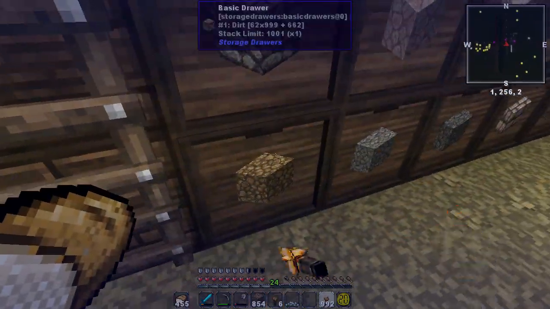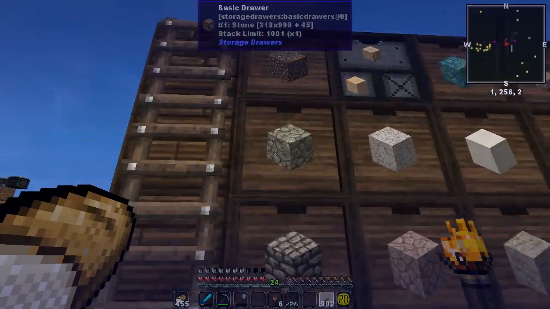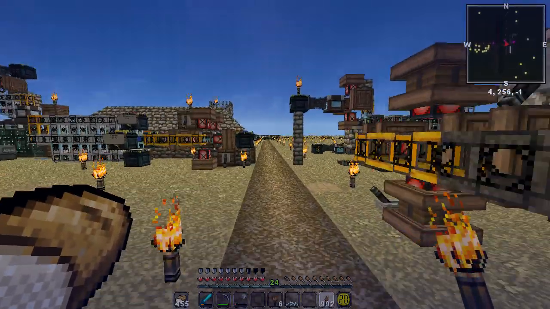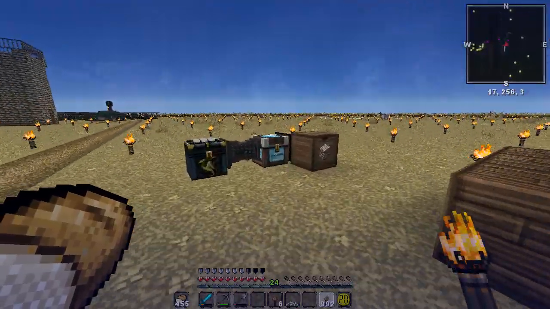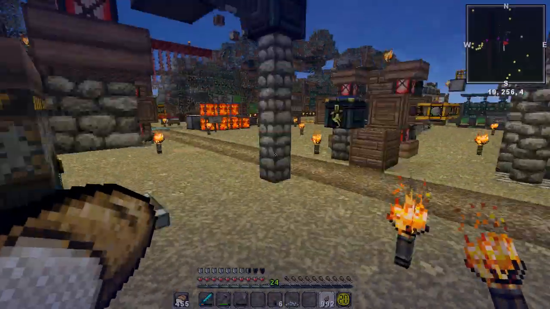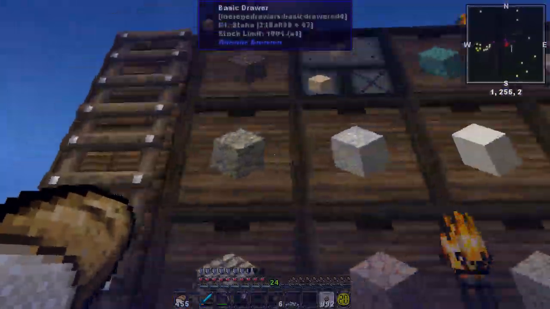Alright, so... Is it going to be cobble or is it going to be stone? Well, as you can see... Oh, that's up to 512? What's this one up to? I get upset when they're not right. 515. Alright, so that's doing better than the other ones. That's fine. Crazy. Alright, so we're gonna...